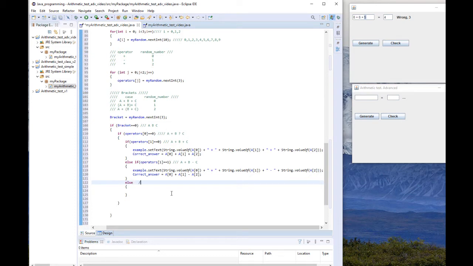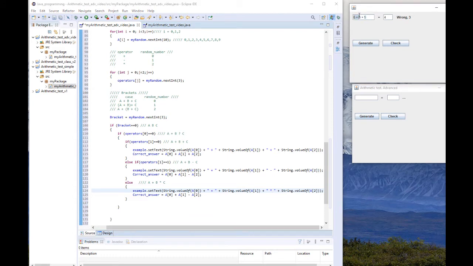The next thing I need to do is process A plus B multiply C, because here my operator in position 1, the second operator, will become 2. I can simply code it. Here the operator in between number 2 and number 3 will be multiply. Same, I need to place the multiplication here. Okay, so we finish